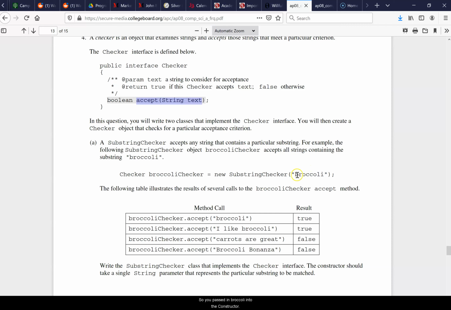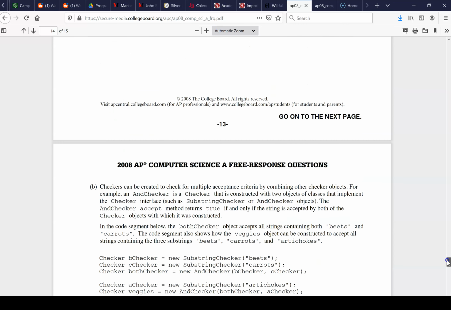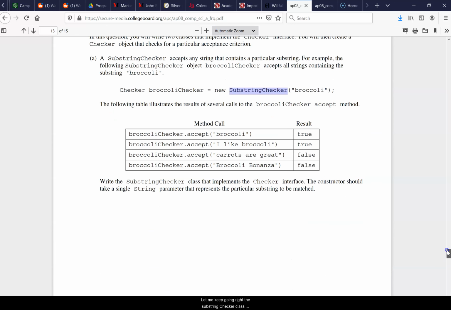So you pass in broccoli into the constructor, which is a checker interface. So we actually probably have to write this substring checker class. Let me look below. Let me keep going. Write the substring checker class that implements the checker interface. The constructor should take a single string parameter that represents